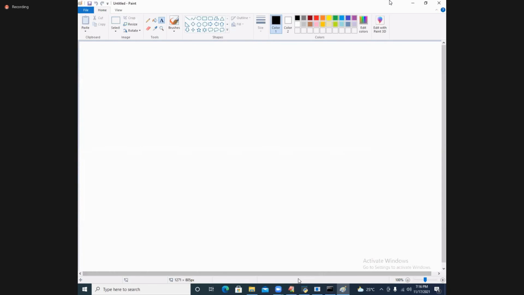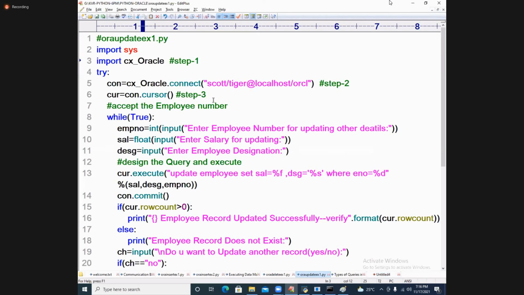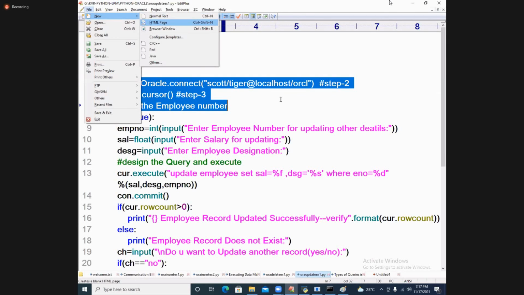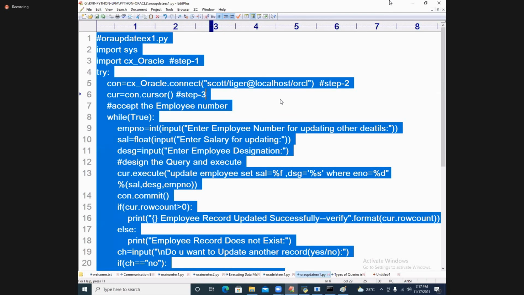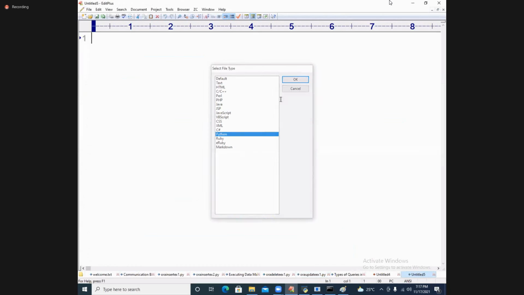At the same time, let me write a simple program also. I will take only a few things, remove everything, and only one part I will write.